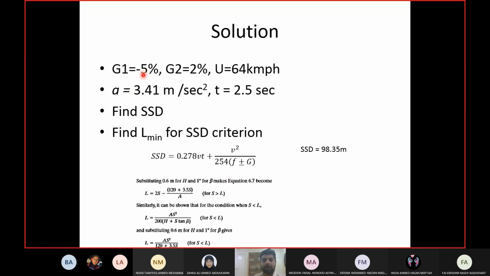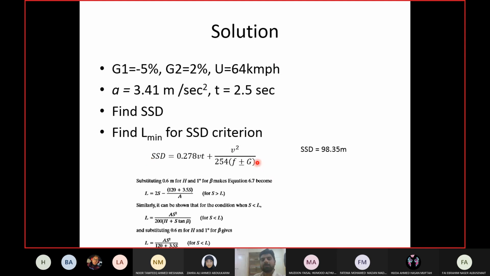Now we have 2 gradients, right? And remember, we discussed about it in detail last time. So both gradients should be considered from both directions, positive and negative, right? Because one direction will be positive, so the driver for the other direction will have this gradient as positive. So I have -5, and the other direction will be +5. I have +2, the other direction will be -2. So we already discussed that here you need to put a negative value so that SSD is greater. So you can either put -5 or -2.